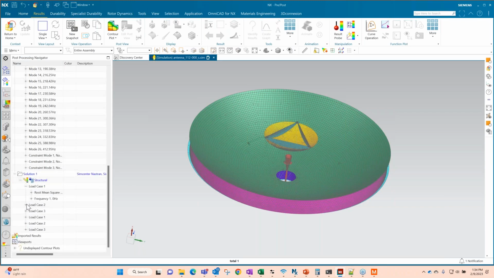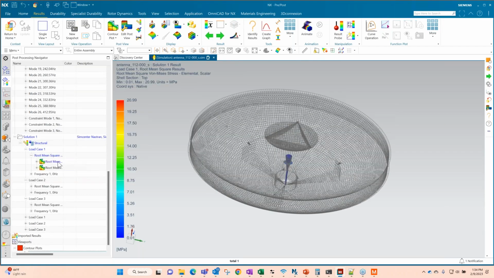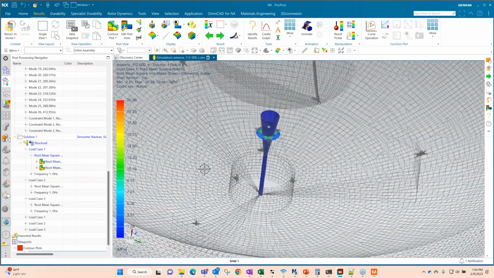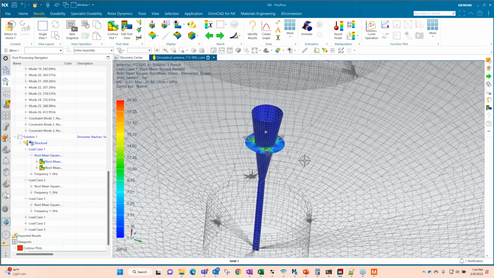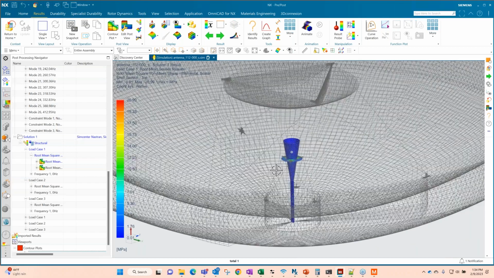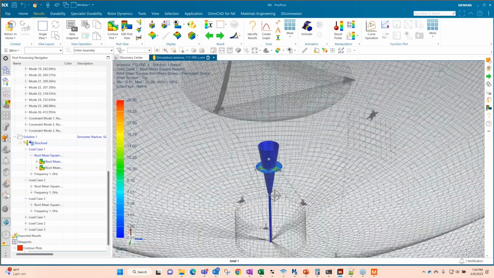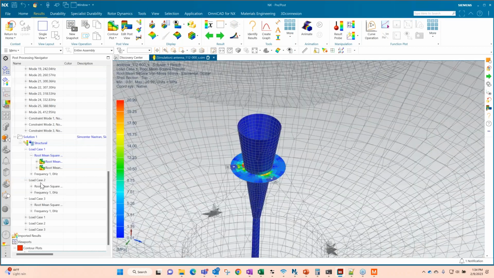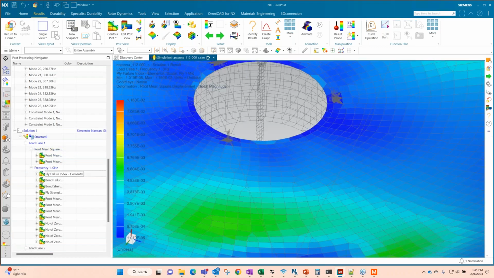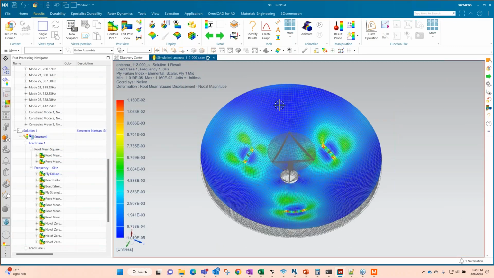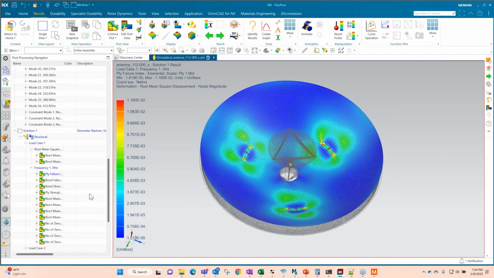Now, if you remember, I did XYZ load cases. So you've got 3 load cases. Here's your root mean square stresses. Now this is actually peak stresses. It's a naming thing in SimCenter, but these are your peak stresses. And I only asked for the peak stresses to be plotted on this aluminum horn, but you can see here that's plotted there. And you can also see I have ply failure indices for that front panel that I plotted as well.